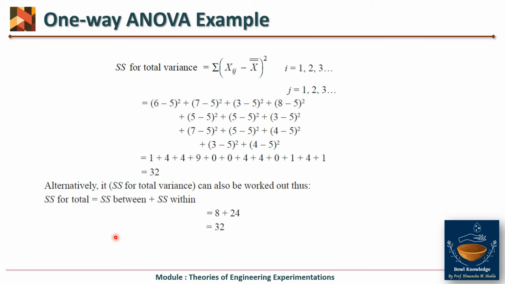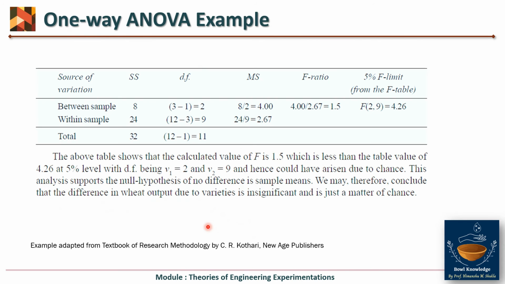Then we are calculating total variance. Again we can calculate it by formula. Otherwise we know that it was SS between plus SS within. So both the answers come out to be 32. No need to repeat this step because it is algebraically and in terms of calculation very huge. So you can just take SS between plus SS within, that is 8 plus 24. Again you will reach the same answer, that is 32.